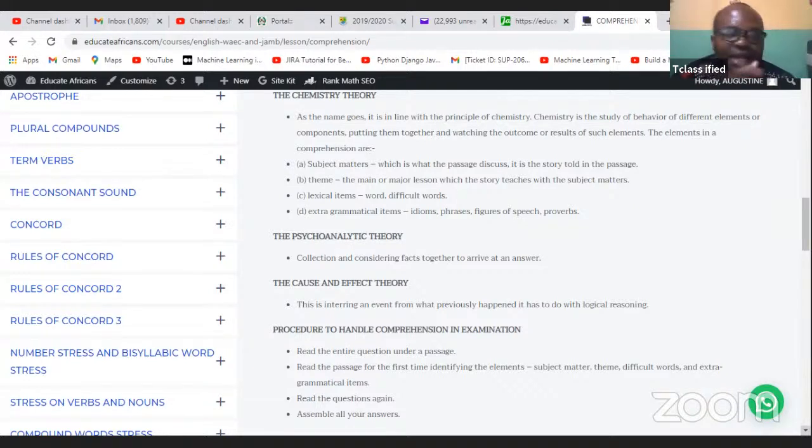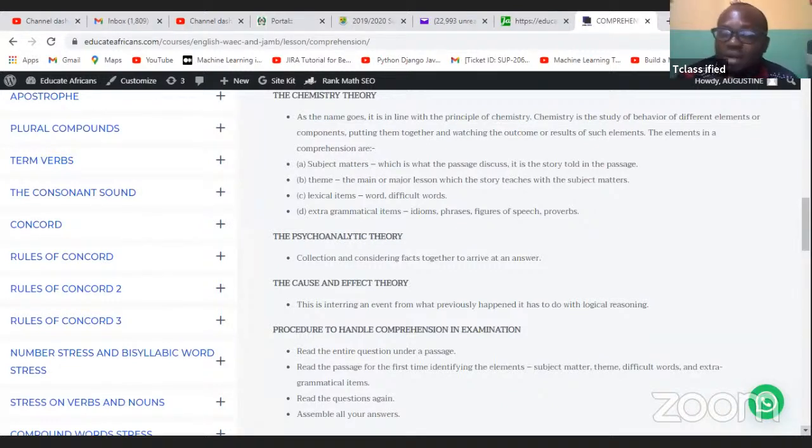If you're reading about geography, you'll be seeing geographical terms. If you're reading about medicine, you'll be seeing things like diagnosis, lab, medical doctor. Those are the words you'll be seeing. If you're reading about law, you'll be seeing things like barrister, affidavits, prosecutor, such things. So you need to know the word store for the various jargons or the various areas in life so that you can know their words.